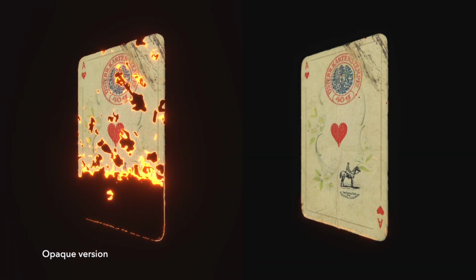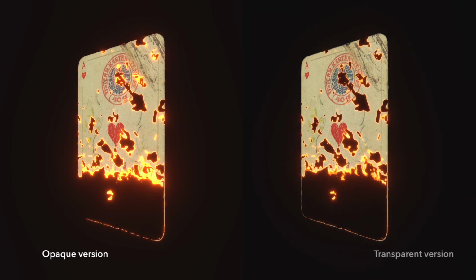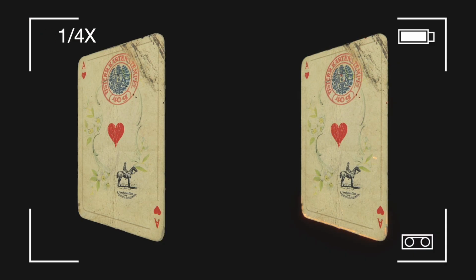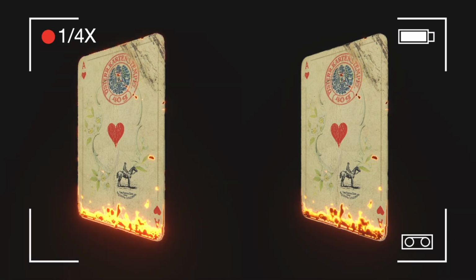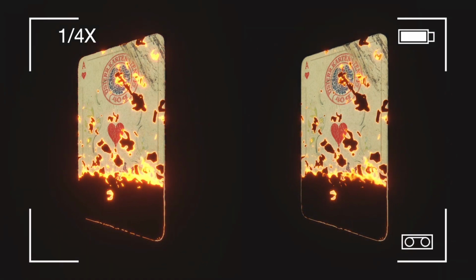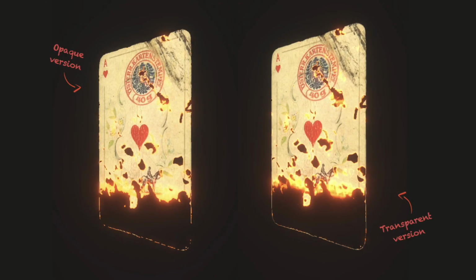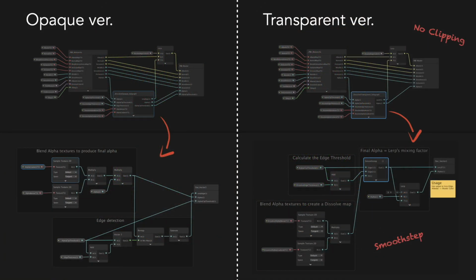The burning edge looks aliased because the nearby pixels were clipped. If we want to make smoother edges, a better noise texture may not be enough. So I decided to create another shader to support the transparent rendering mode. In order to keep the semi-transparent edge, and in many other cases where the alpha clip threshold is unavailable, such as in sprite shaders, we need another solution to hide the dissolved pixels. The new subgraph is less complex than our implementation here, thanks to the smoothstep node. The shader graph is pretty much the same.